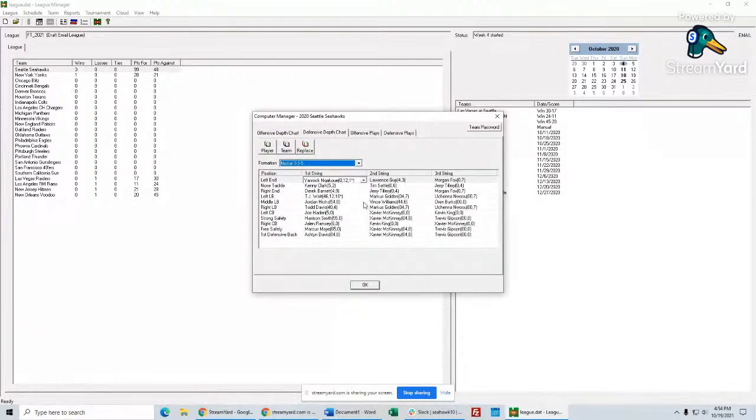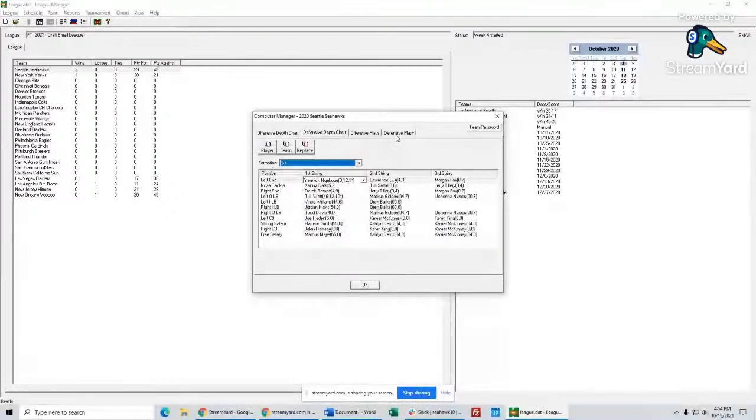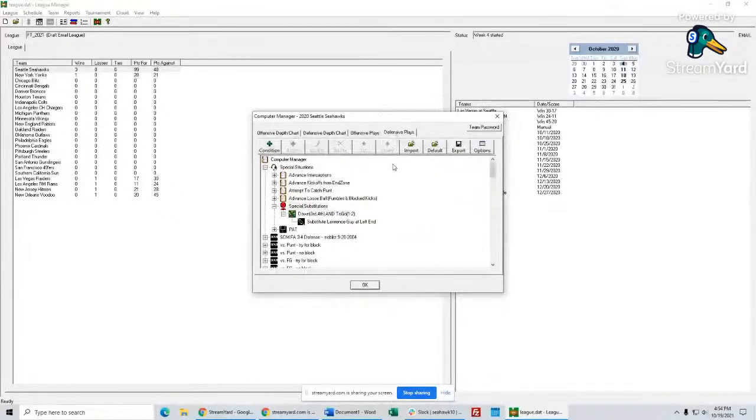I don't know why. But if it did that, and you say, well, I'm going to click and choose the 3-4 formation, then it'll undo what it did here with the Lawrence Guy command, because Ngakwe is there. So if you wanted it to always use a 3-4 on third or fourth and 1 to 2 when it's not in a punt situation or something,